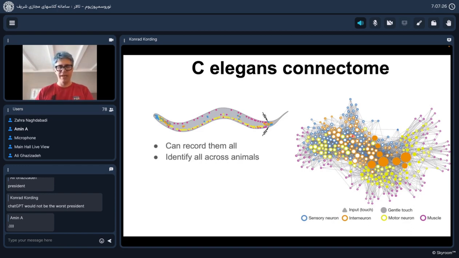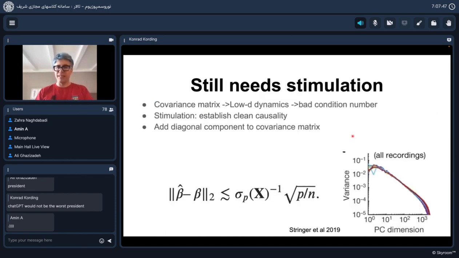Within two orders of magnitude, the number of molecules in C. elegans is the same as the number of synapses in the human brain, which gives you the scale of how incredibly much smaller, at least, it is, and how much more doable it is. Now, to be clear, it still needs stimulation. I showed you how to do power calculations for causal inference if you fully record from